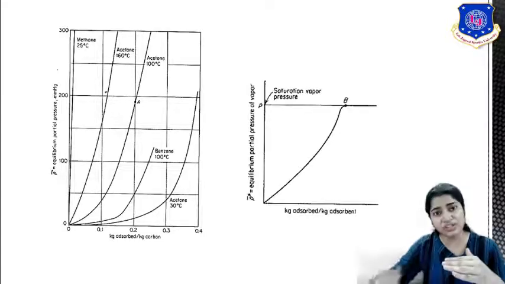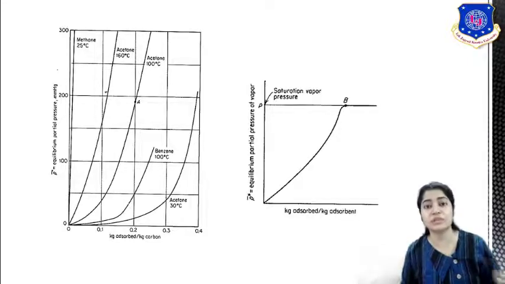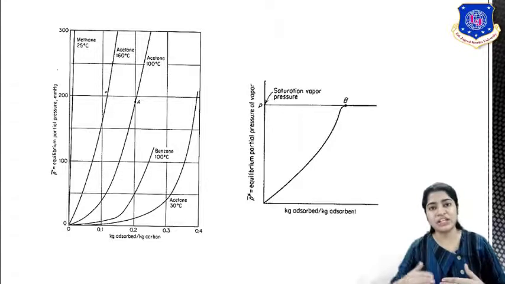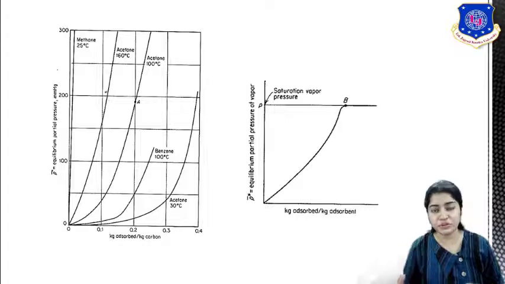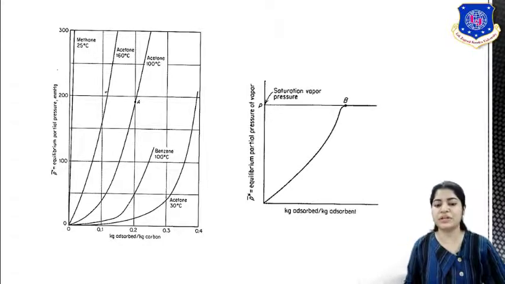If you have to change this equilibrium condition, go back to the first lecture when we discussed what equilibrium is. You have to disturb that equilibrium by changing the temperature of the system, because you're carrying out your adsorption at constant temperature, right? So this was about your adsorption equilibria.